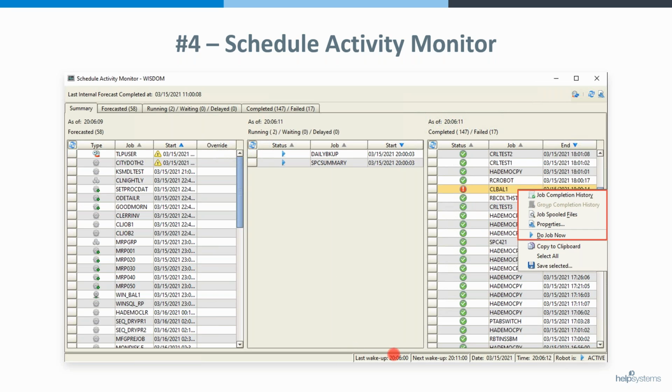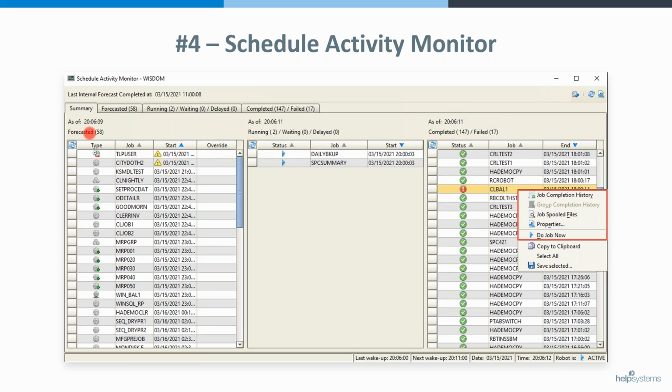It tells you when the next job is going to run along the bottom. It tells you if robot is active, and it populates itself. So the first column, the forecasted column, looks at all the information about a robot job. It looks at the discrete schedule, looks at calendars, looks at dependencies, looks at group jobs, looks at OPAL, and it populates this forecasted column to give you a really good picture of what will be running in the near